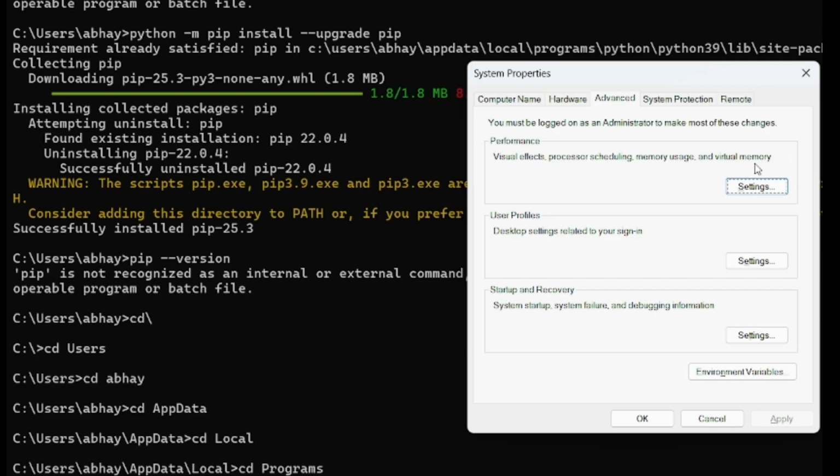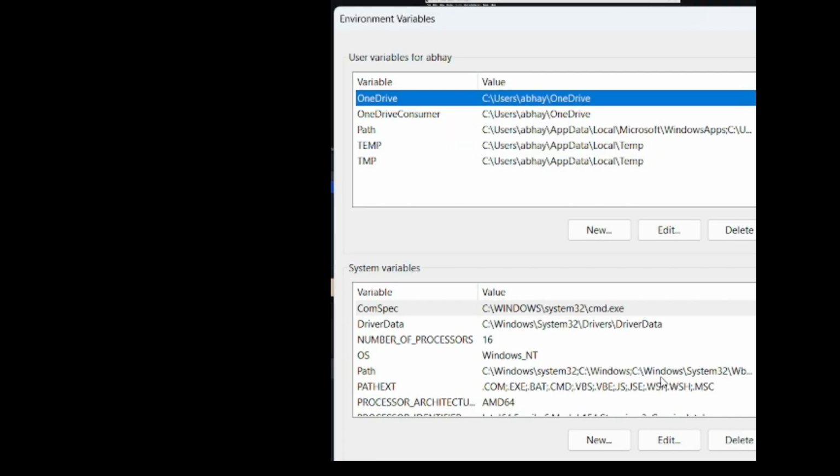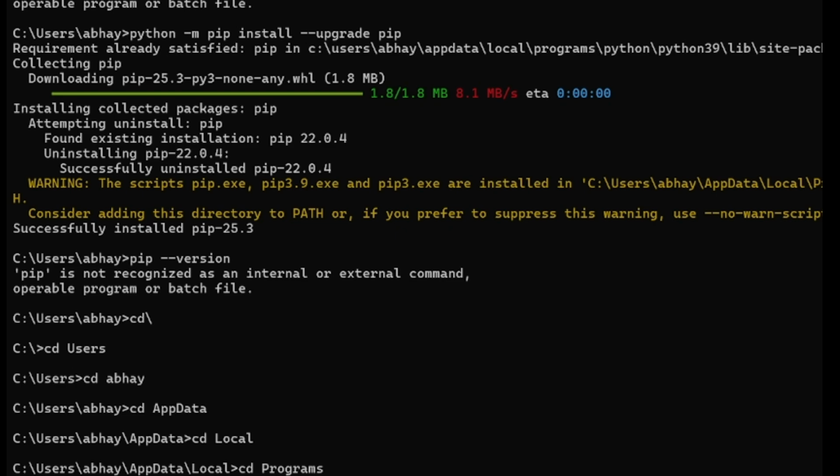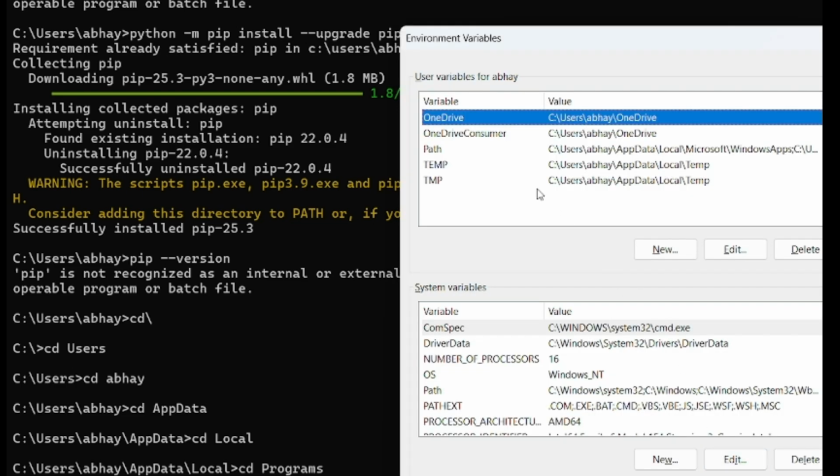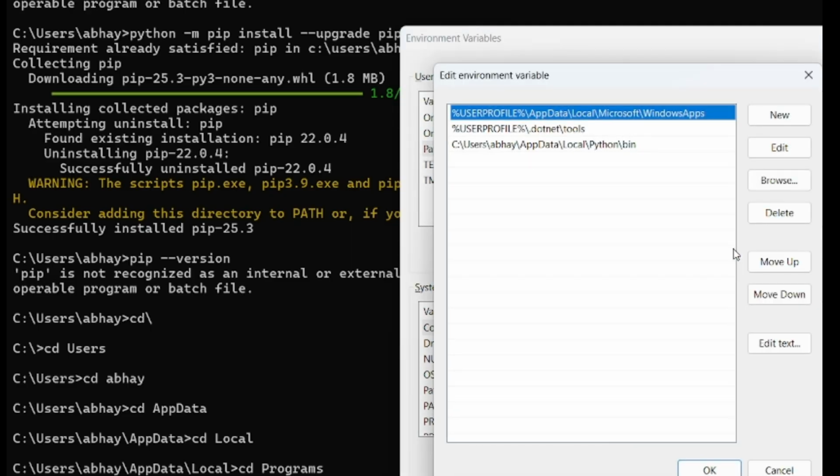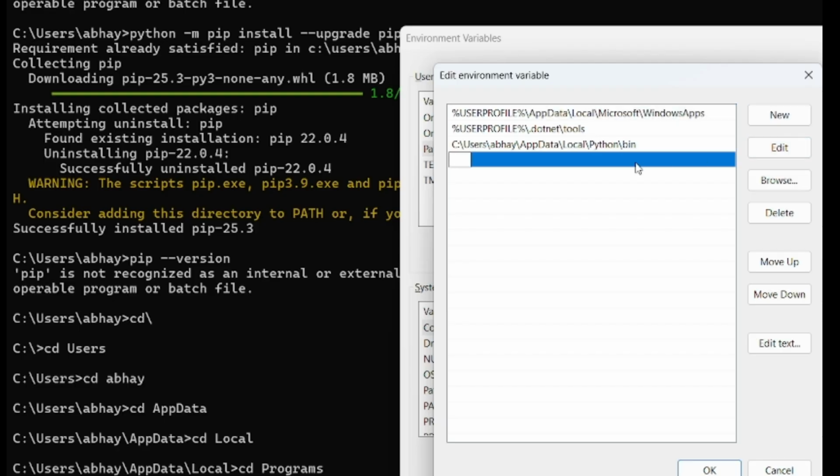So how did we go? We went to Windows, and then we open this environment window, and then we click on environment variables. Clicked. So there are two sections: user variables and system variables. We'll come to user variables and select path, and then edit, and we'll say new, and we'll copy that path,